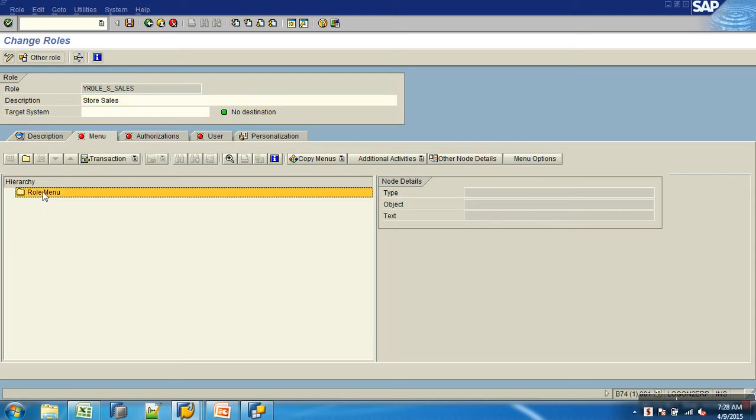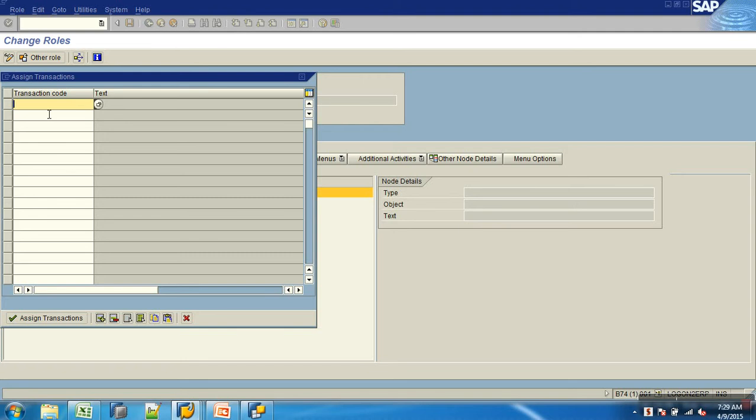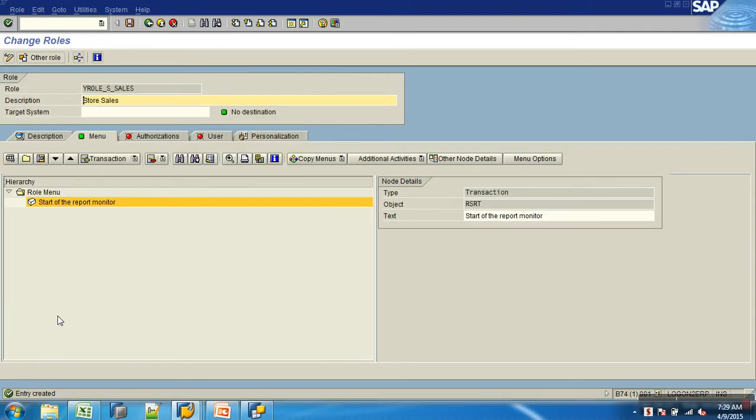See, we are not able to run the query in the analyzer or a portal, right? If we could have run a portal, it's fine. But for now we are not able to run the query in the portal, so we are running the query in RSRT. Even these users will be running the query in RSRT only, so they should have access to the T code. So go to the menu tab and say transaction. What transaction do you want to give them? RSRT. They would be running it in the browser directly. Then save it.